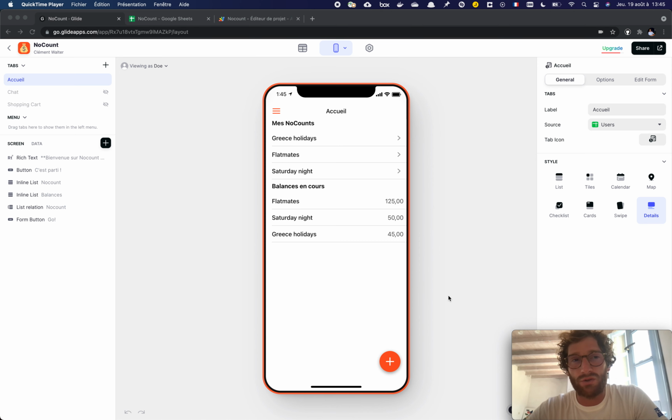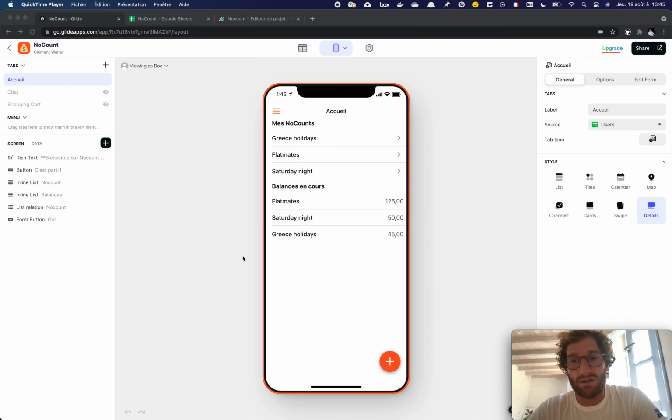In this video, I'd like to show you how to perform custom actions on your Google Sheet backend in the Glide application, using first the trigger action and second the Google Script deployment. It's related to performing complex actions on your sheet that Glide may not make available directly, or if you want to do more complex things, not just adding rows or updating values and so on and so forth.